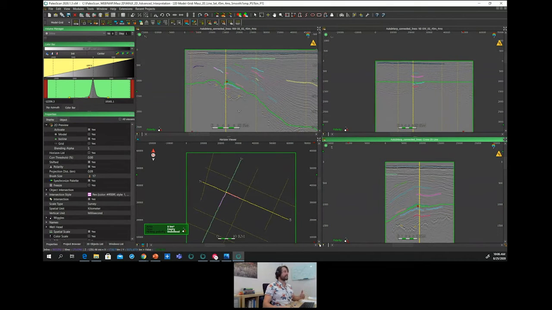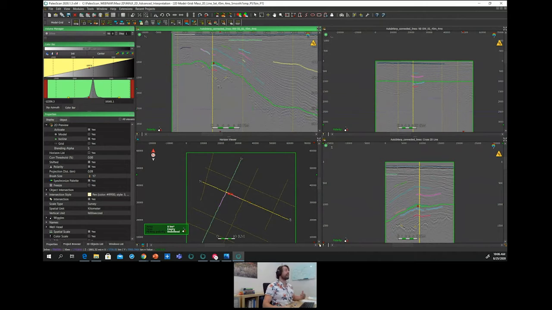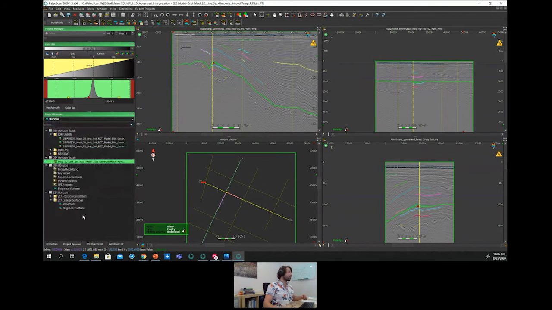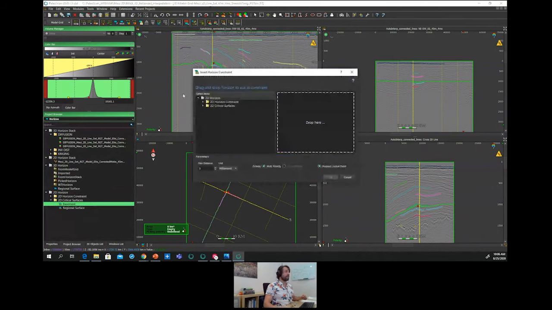Then, in case we want to better delineate any kind of critical surface, we can, assuming that we have already spent time to manually pick any horizon, for instance, before starting the project in PaloScan, that is my case, and I do have within my database a few horizons corresponding to the basement or this regional surface, I can decide to constrain my interpretation with, for instance, the basement. So I can choose to respect a single priority or multi-priority. That depends on the kind of horizon creation we perform.